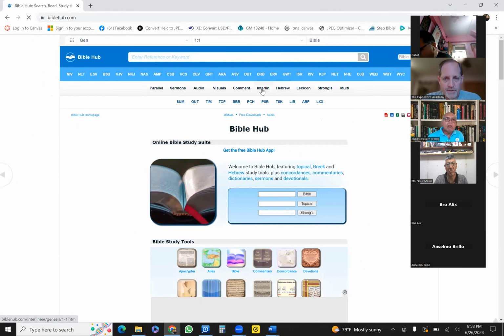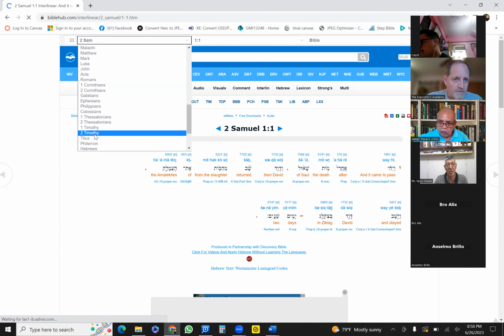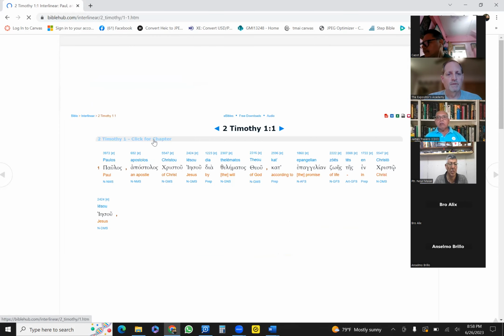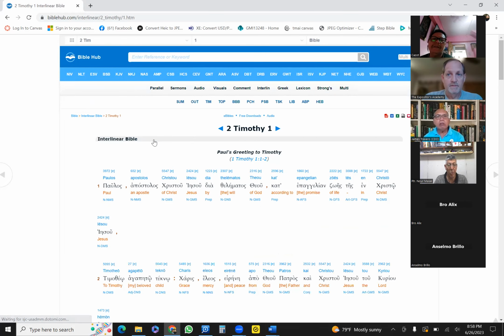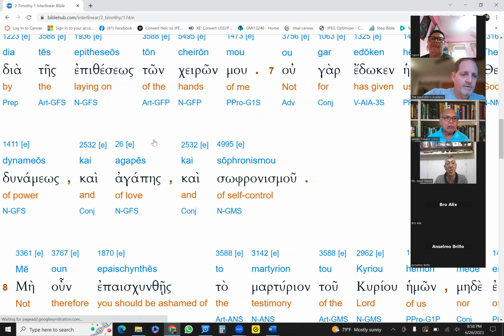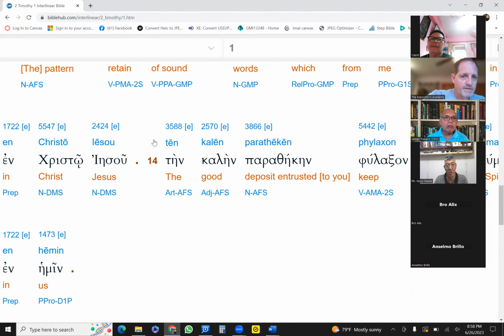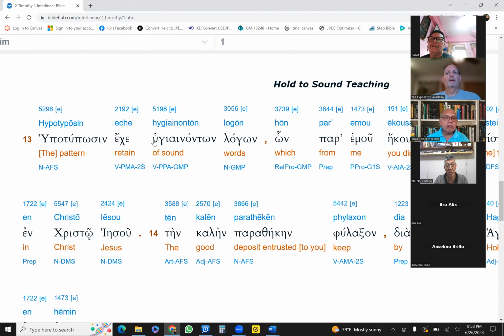I'm going to look up 2 Timothy 1, I think 13, right? 2 Timothy 1, and click for the chapter. Now I'm going to zoom in here, expand it a little, and then let's go down to verse 13. Uh-oh, went a little too fast there. Okay, so here,